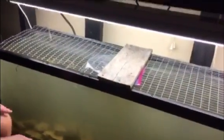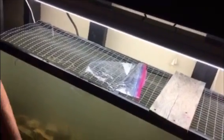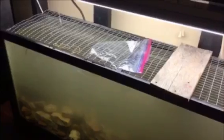Okay, so it's been a little bit longer. I think I'm gonna let in the goldfish now. I'm going to use like a net and a bucket, because one water is from the 30-gallon and then one water is from the 20-gallon tall. So I want to keep those separate, but I'm gonna be putting in the goldfish because, like I said in the last clip, it's gonna get ginormous. So yeah, I'm just gonna go like this,